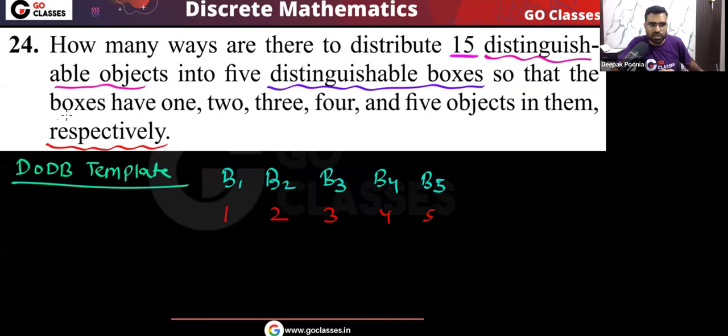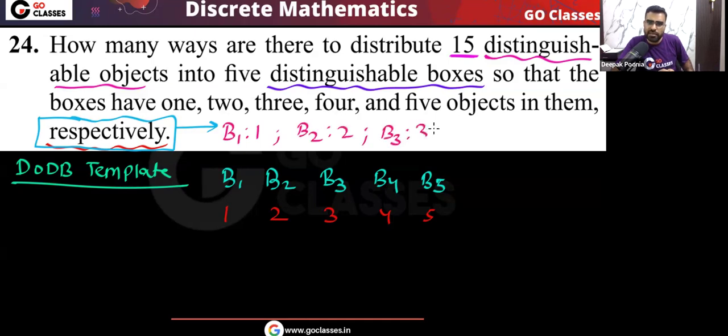What is the meaning of this word respectively? Focus on this. It simply means that the first box will have 1 element, the second box will have 2 elements, the third box will have 3 elements, the fourth box will have 4 elements, and the fifth box will have 5 elements. This is the meaning of respectively.